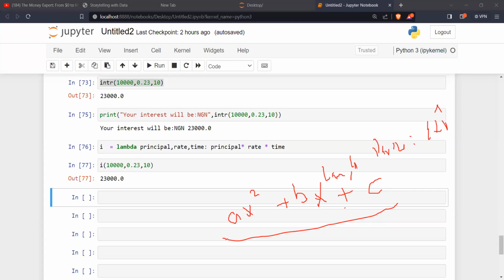Okay, so what are they? A, B, C, X. So A, B, C, X, right? Okay, so those are our parameters, right?